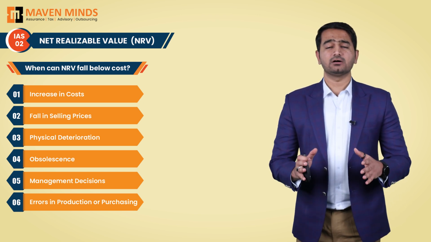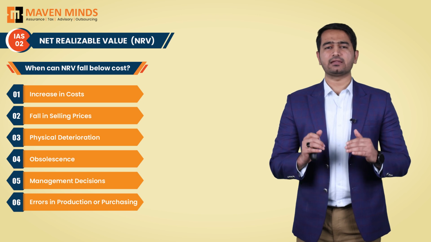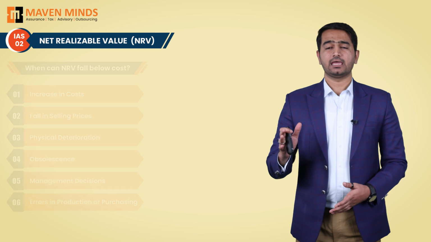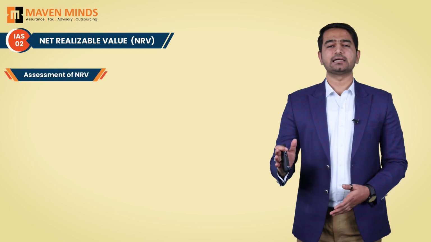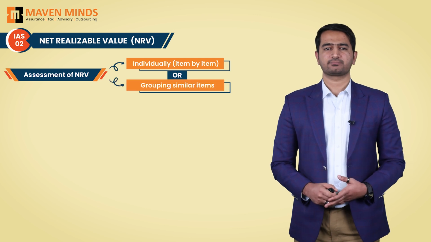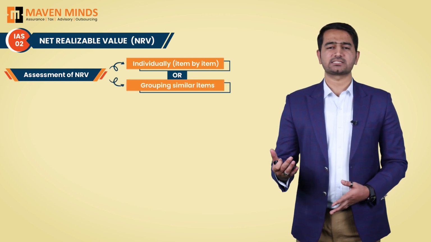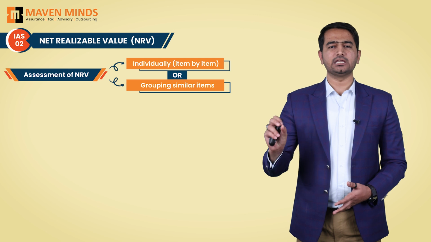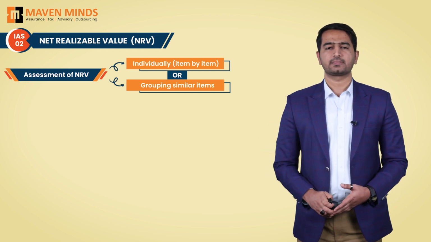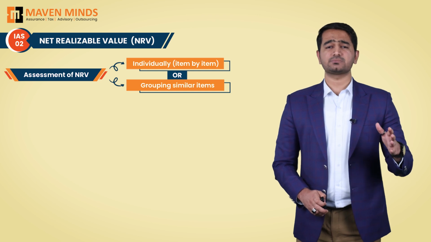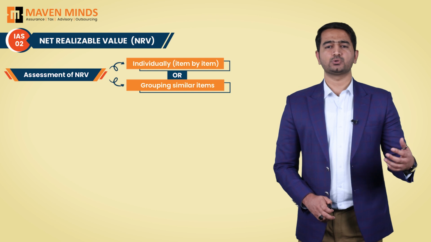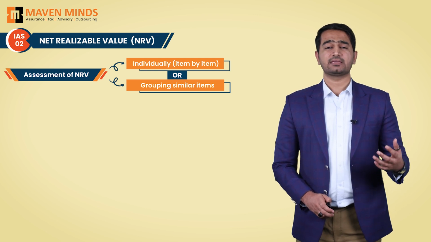Alright, now that we know why NRV can drop, let's talk about how to assess NRV. NRV is assessed either item by item or by grouping similar items. Item by item means you check each product individually to see if its recoverable value has dropped. And by grouping similar items means you can group similar or related products like shoes of different colors or sizes and assess their